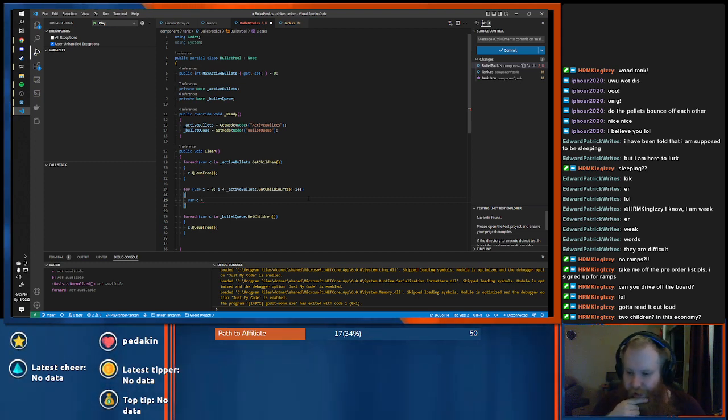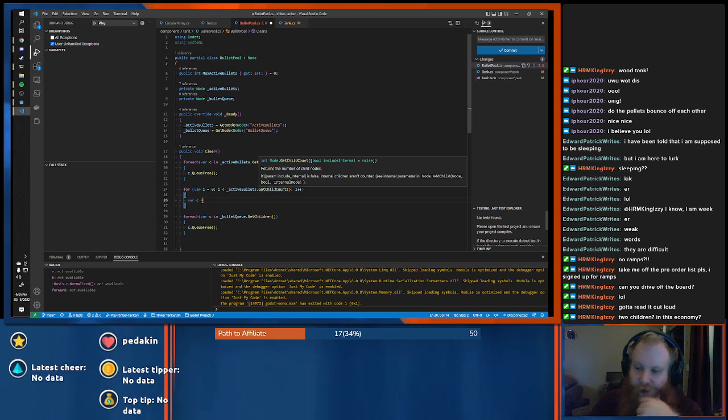So my issue with this is when I delete a, well, does it? This might be an issue too. I don't know if it gets re-indexed each time a child is deleted, which would mean this wouldn't work. Internal children aren't counted.